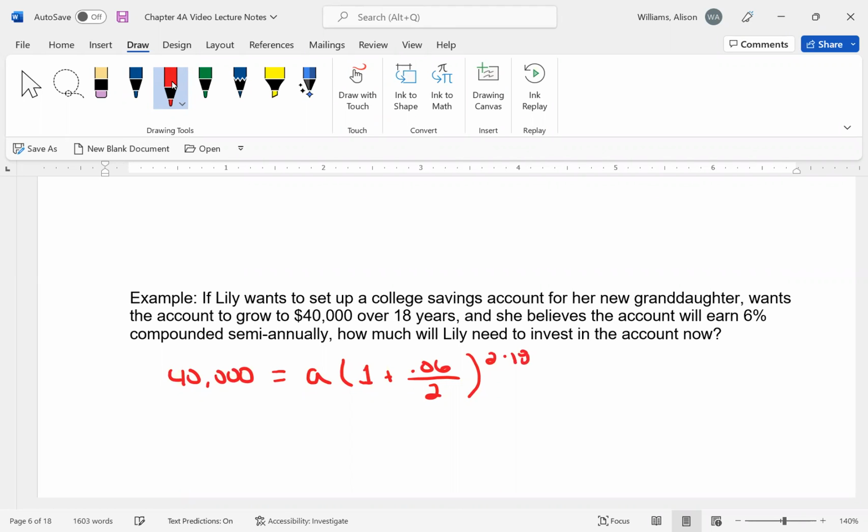Okay, so let's start by simplifying. This is going to be 40,000 equals A times 1.03 to the 36. If you want to do it with the least amount of rounding, you may want to just divide right here. But there's nothing wrong with plugging in the 1.03 raised to 36. Oops, I just realized I made an error. 1.03 raised to the 36. Okay, so I am getting